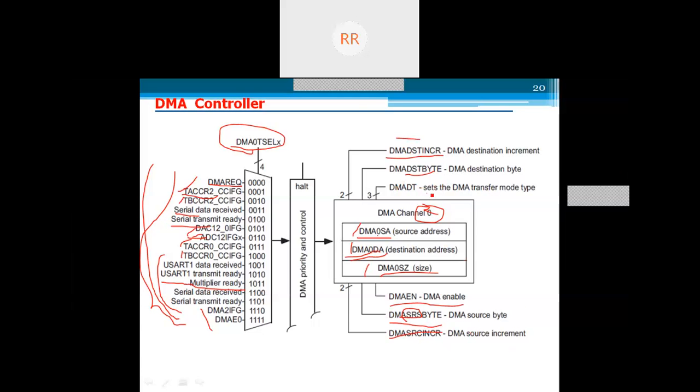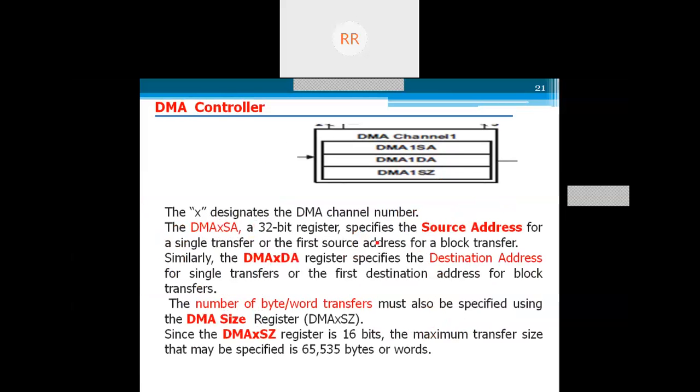Also DMA transfer modes, in which mode the data is to be transferred from source to destination. So these bits will decide how the programming can be done for the DMA controller to do the data transfer between the two peripheral devices.